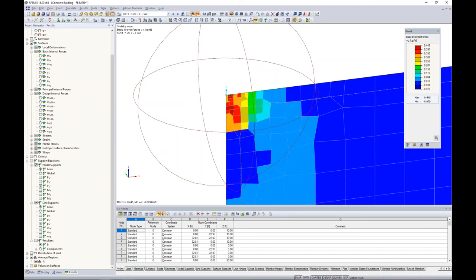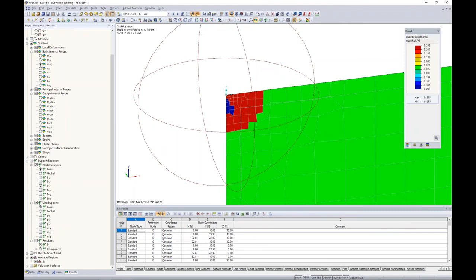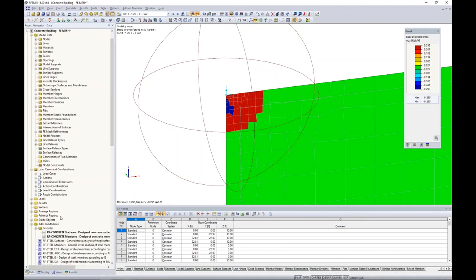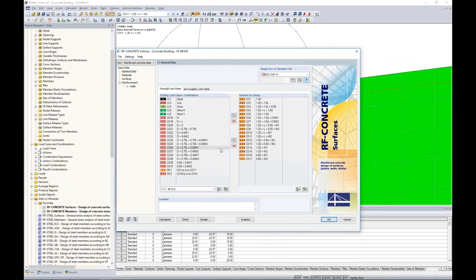So average regions can be incredibly useful for regions where we're dealing with singularities. Now the same goes for any one of these internal forces. So now we've taken into consideration better load distribution, or averaging out those high peak areas. So we've done that for RFEM, but keep in mind that under the RF-CONCRETE Surfaces module, the program will still automatically use those high peak areas